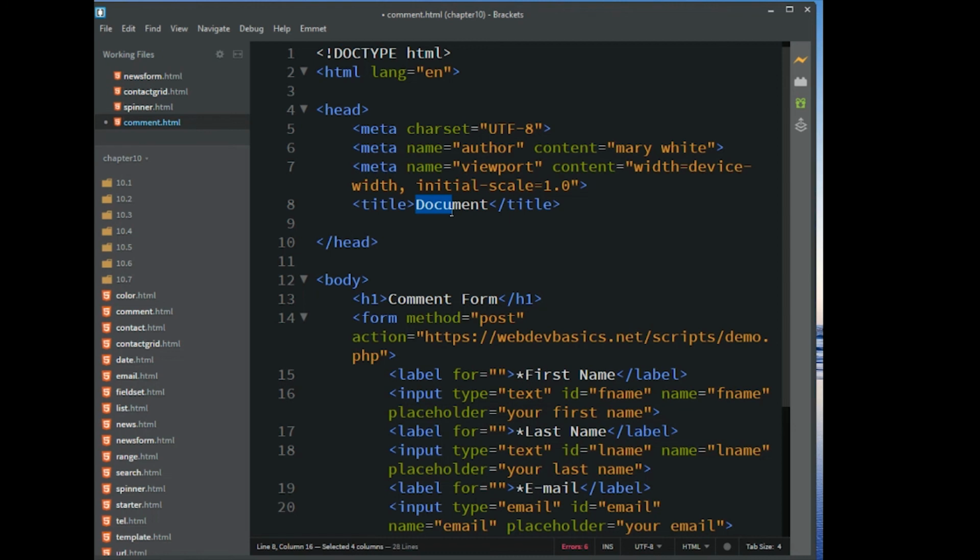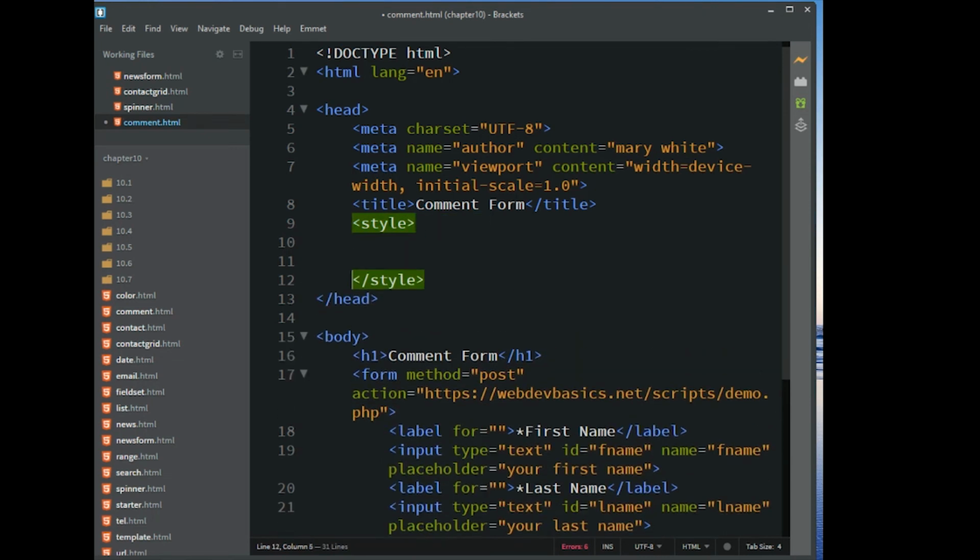first of all, I'm going to change the title here, and it's going to say comment form, and then we're going to put in our style tags, open and close. These are embedded styles. We're going to put in our label, open and close squiggly brackets, and the very first thing we're going to do is have a display block,